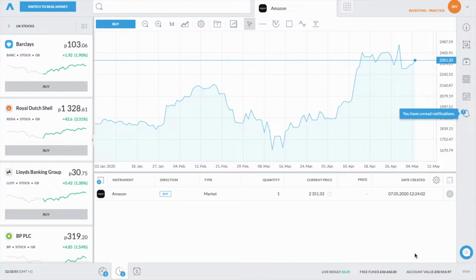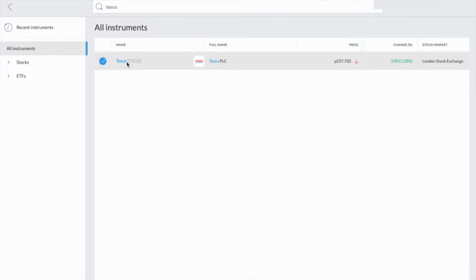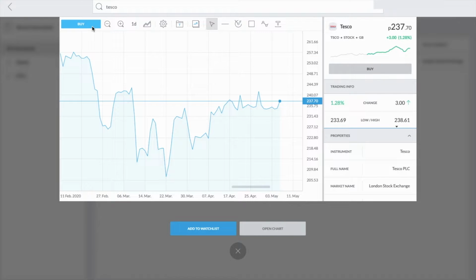So if you find an instrument, a stock or a share that you'd like to purchase, and in this example I'm going to choose Tesco, and initially I'll show you how to buy and then I'll show you how to sell with a market order, but essentially the method is exactly the same. So if I click on to buy,